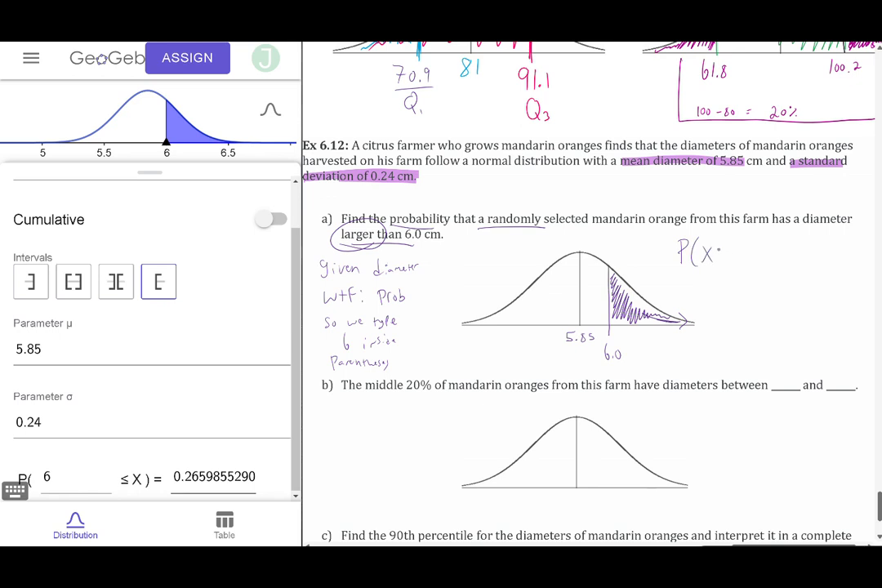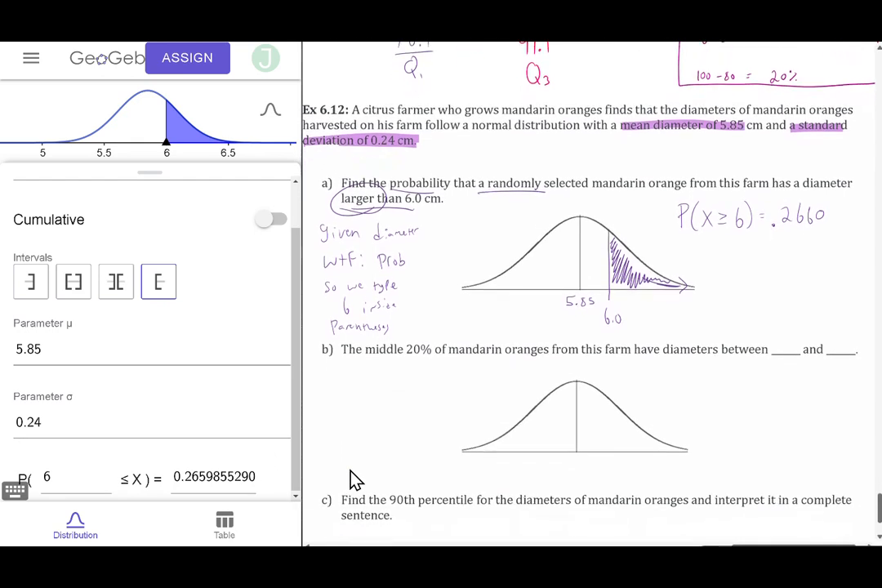The probability that x is greater than or equal to 6 is 0.2660. We always round these to 4 place values unless we're told otherwise. I forgot to say that for the first few examples. All right, part B